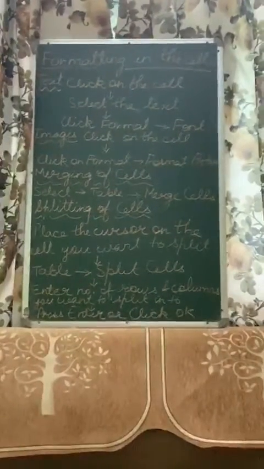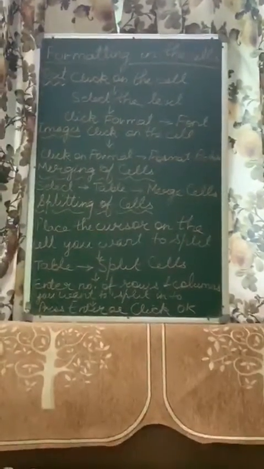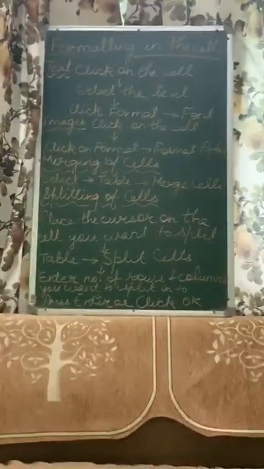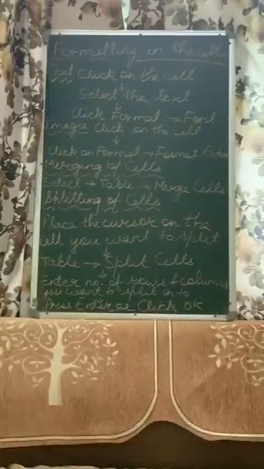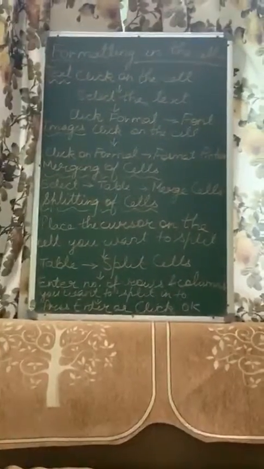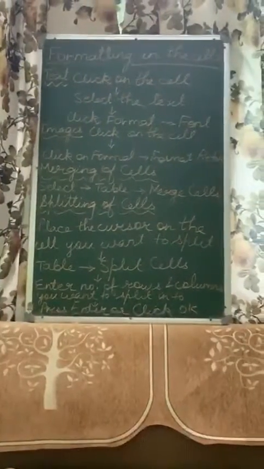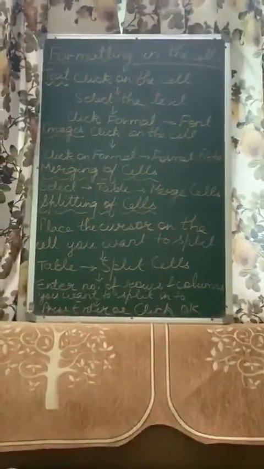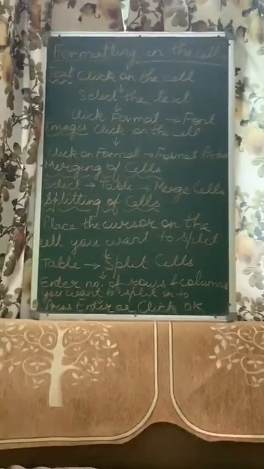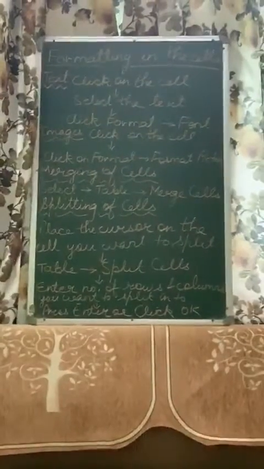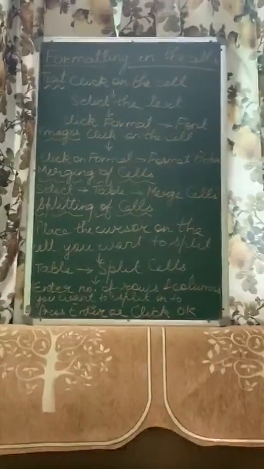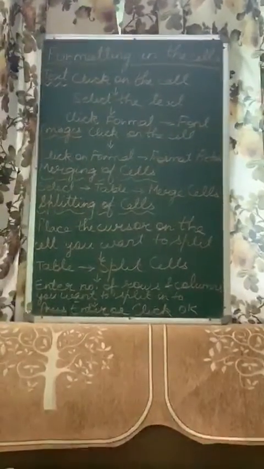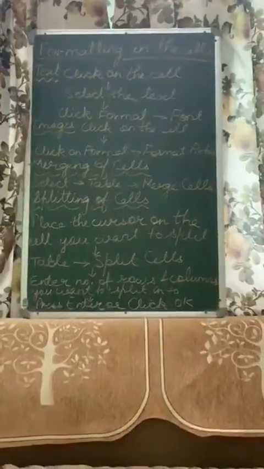Similarly, you want to write timetable of class 10. So for this you will have to merge the cells. So in order to merge cells, rows, columns, first of all you will be selecting those cells, rows or columns which you want to merge. Then you will be going in the main menu to the table option, and then you have the merge cells options. So the cells that you have selected will get merged into one cell.